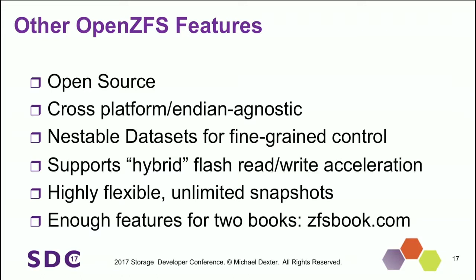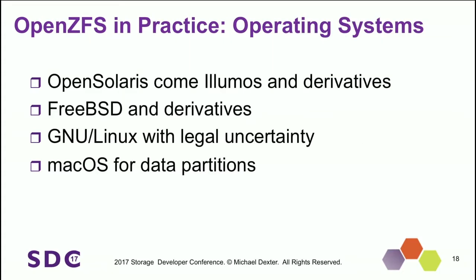Some colleagues of mine have produced 2 books on ZFS found at zfsbook.com. Specific to FreeBSD, but the basics apply to any ZFS environment, for the most part, even the Oracle ones, though those have recently received some somewhat negative news. And in practice, OpenSolaris is where what became OpenZFS came from. That has migrated into Illumos in the community, and there are various derivatives on that. I believe OmniOS just became OmniOS Community Edition, and Joyent SmartOS is quite popular as a server-side open source solution to run. But I come from FreeBSD circles, so